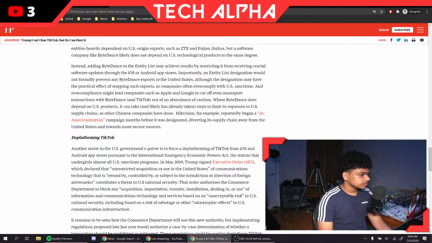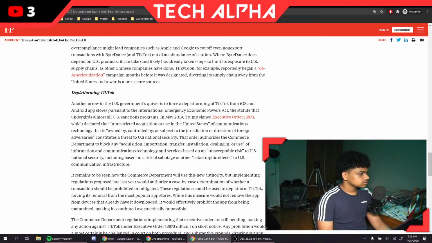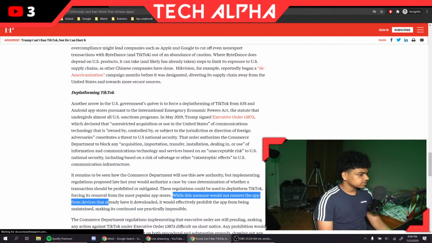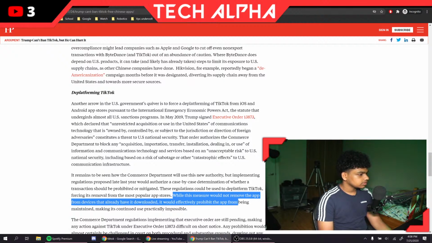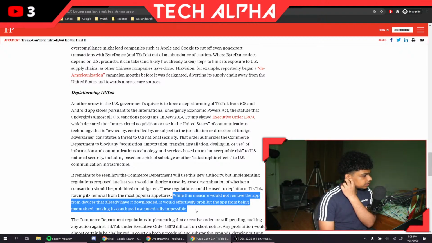Another order says to force the deplatforming of TikTok from iOS and Android app stores. That order authorizes the Commerce, blah blah blah. While this measure would not remove the app from devices that already have it downloaded, it would effectively prohibit the app from being maintained, making its continued use practically impossible.